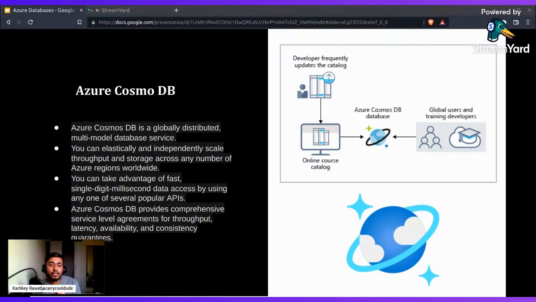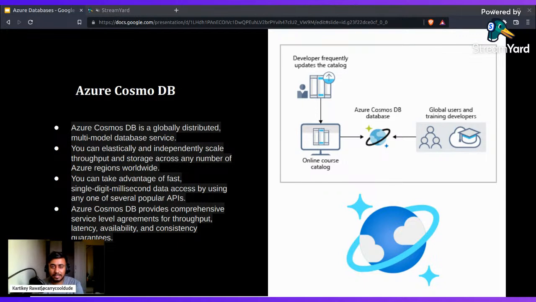And you can take advantage of fast, single-digit millisecond data access by using one of the several popular APIs. If you go to the Azure portal, you can get access to that. Azure CosmosDB also provides comprehensive service level agreements for throughput, latency,